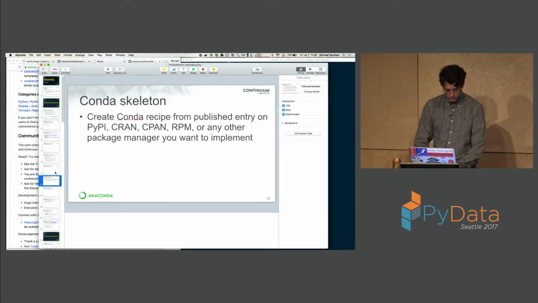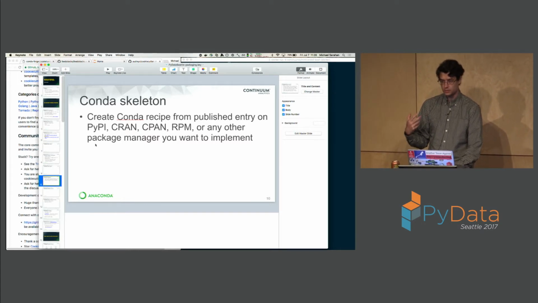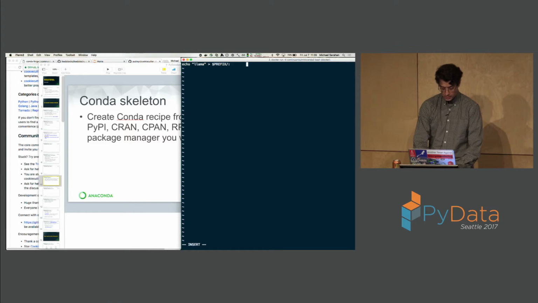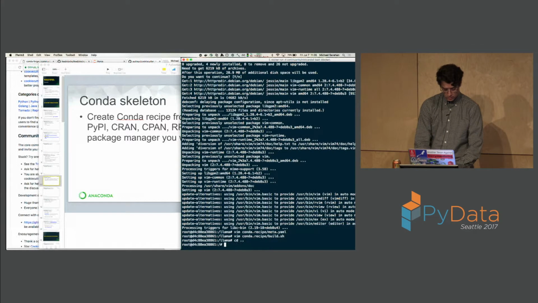So we've seen conda build. I'll skip over that. One other quick and easy way to create conda recipes is we've made skeleton generators. And so we know that there are these other repositories that have boatloads of really great content on them, and we want to make it easy to bring those into the conda ecosystem. And so I'm going to go ahead and create a skeleton here for Beautiful Soup 4. So I know it's on PyPI. If I say Beautiful Soup 4 here,